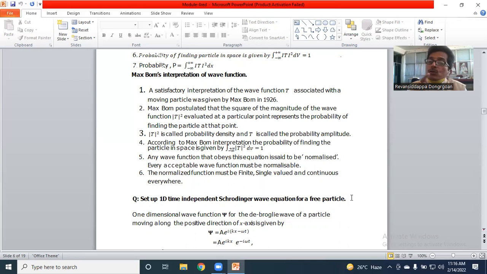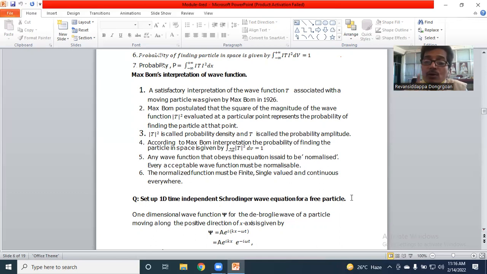Another property is that you can also write the normalization equation. What is that? The integral from minus infinity to plus infinity of the modulus of psi squared dv is equal to 1, or equal to N squared. That is nothing but the normalization equation. This is another physical property. Any wave function that obeys this equation, from minus infinity to plus infinity,